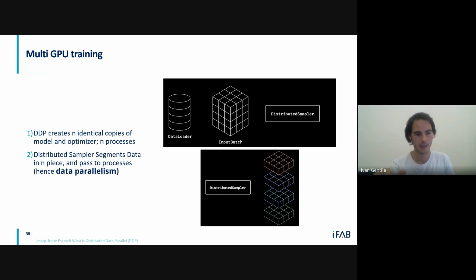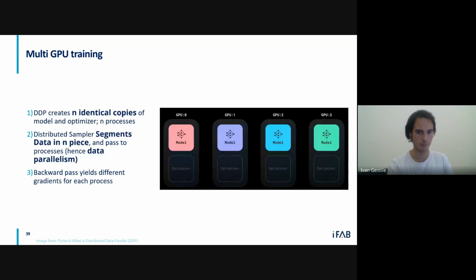We split the data into 4 pieces and pass one piece to each process, so one part of the dataset for each of the 4 GPUs. We then have parallel processing going on, and therefore we have the main data parallelism. But the main focus is actually on the splitting of the data.